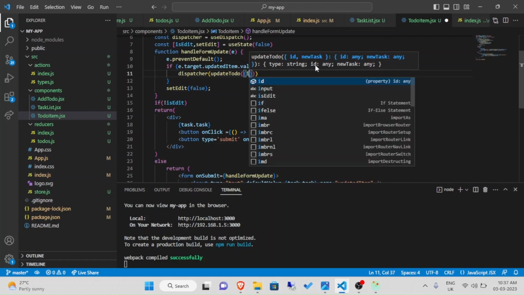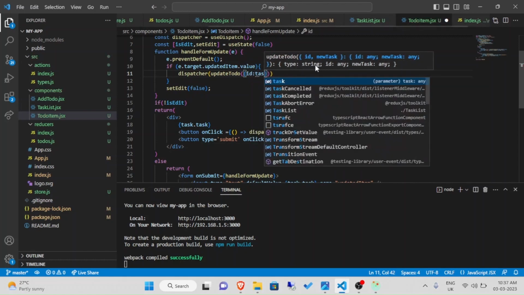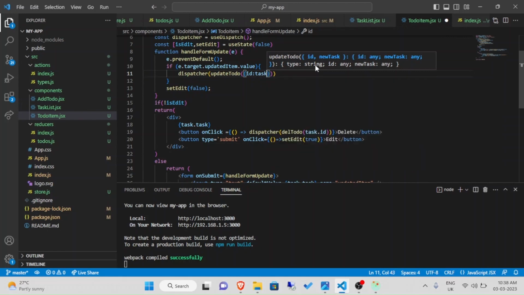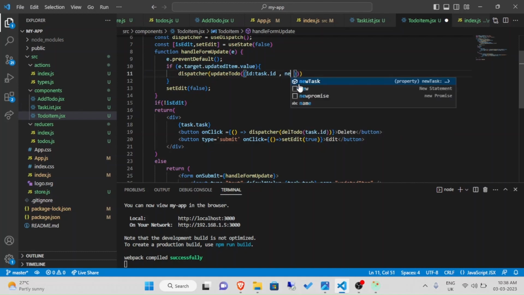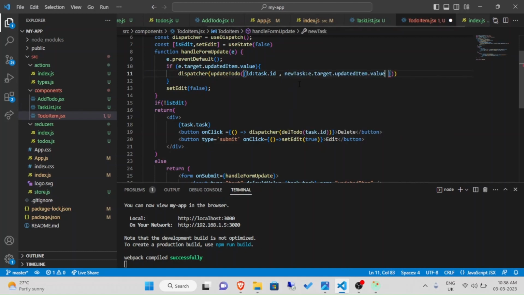So the id is going to be the same, task.id, and now that our id is done, the next step is that our update to do should have the new task. The new task is basically going to be this e.target.updateditem.value. So let's just type new task and paste this. Now that this is done,